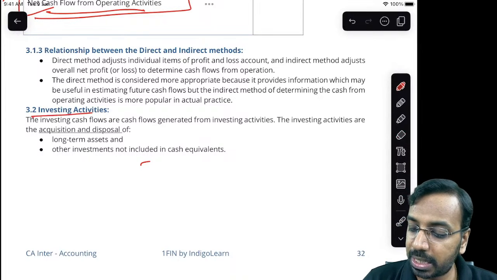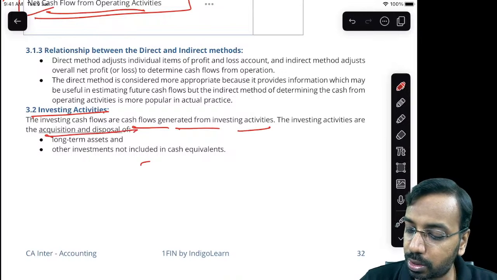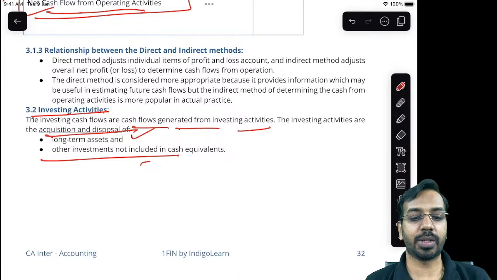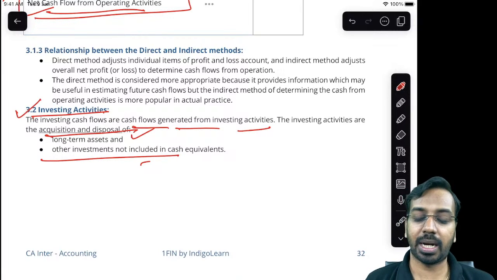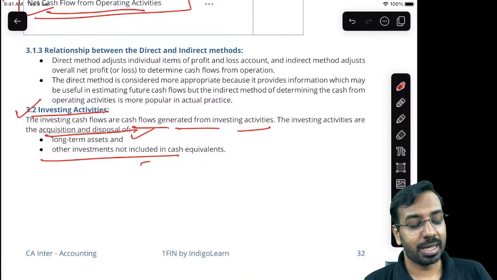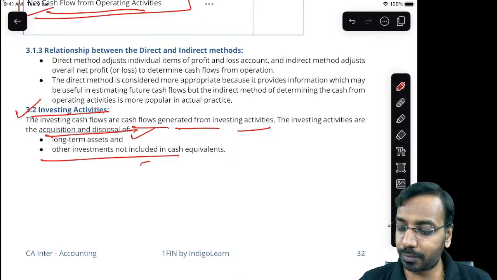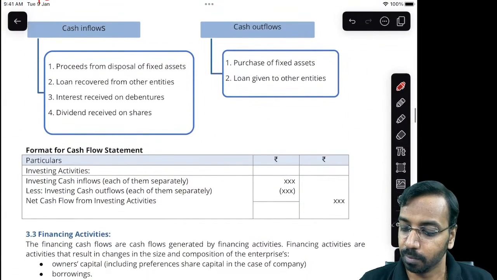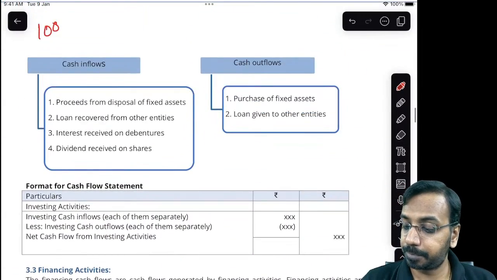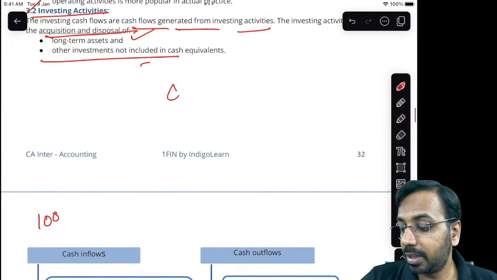Now, what are investing activities? These are cash flows generated from investing activities which are related to acquisition and disposal of long-term assets and other investments. Fixed assets and other investments come under investment activity. Anything related to this, interest income earned, your taxes related to this, all of these are a part of your investment activities. Right? Now here, one important thing, if there is gain on sale of fixed asset,